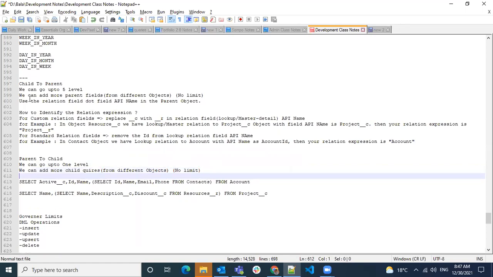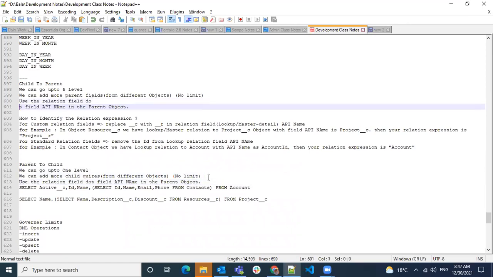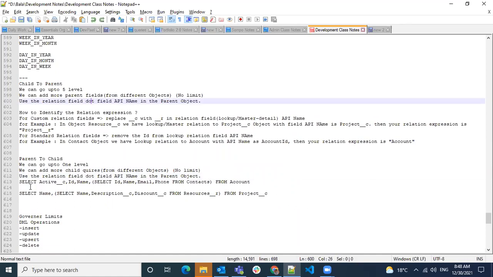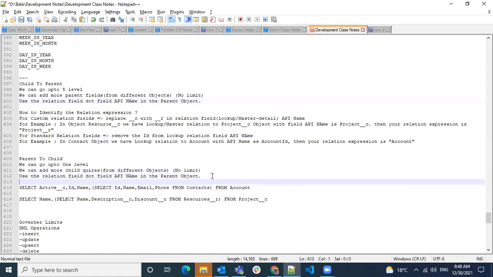And then use relationship field dot. Use relationship field, not this one.